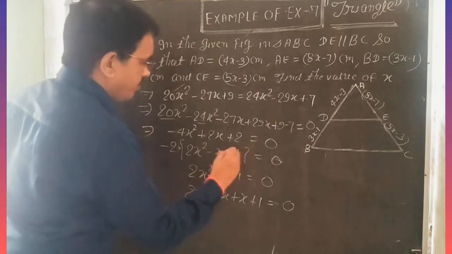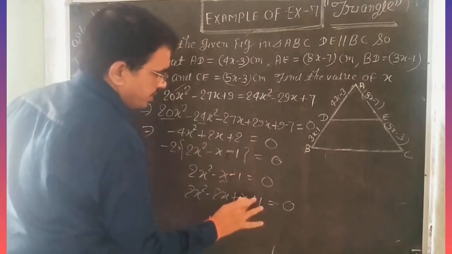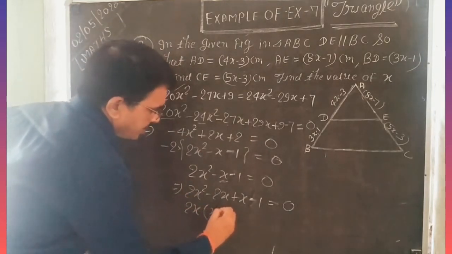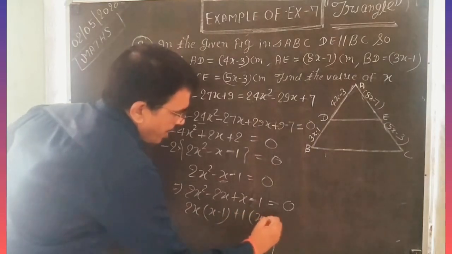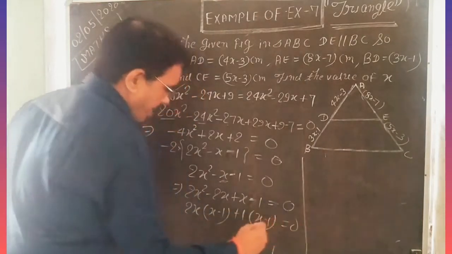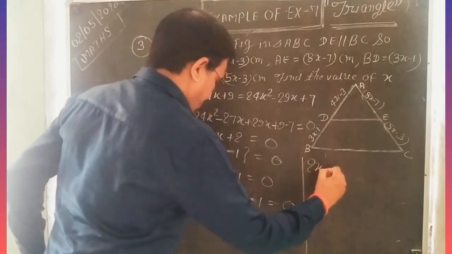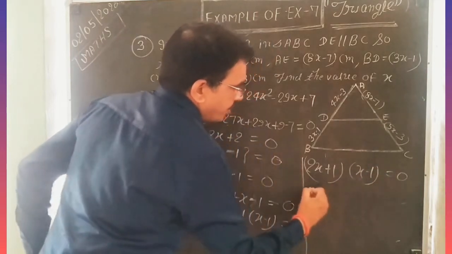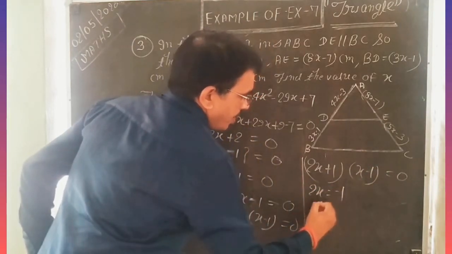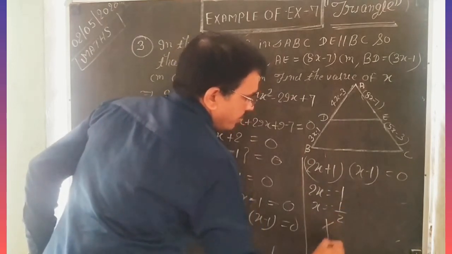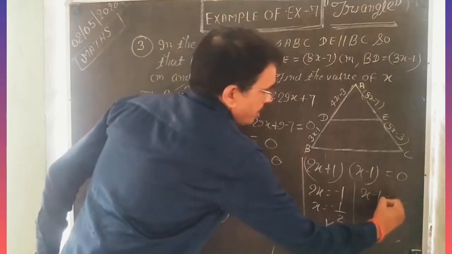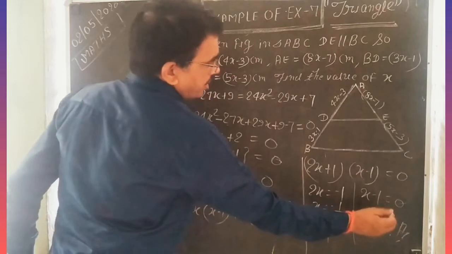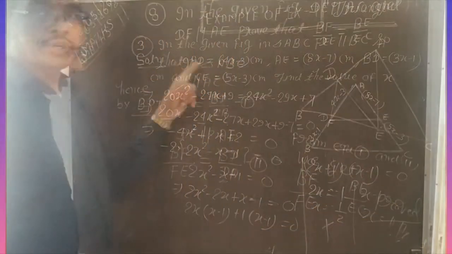Here will be minus because you take minus common, so change, you write here minus. Now 2x common, then x minus 1 plus 1 common, x minus 1 is equal to 0. What do you get here? You get 2x plus 1 and x minus 1, that is 0. Then 2x is equal to minus 1 and x is equal to minus 1 by 2. It is not possible. And here x minus 1 is 0, so x is equal to 1. It is your solution. So the value of x is 1. That is your solution.